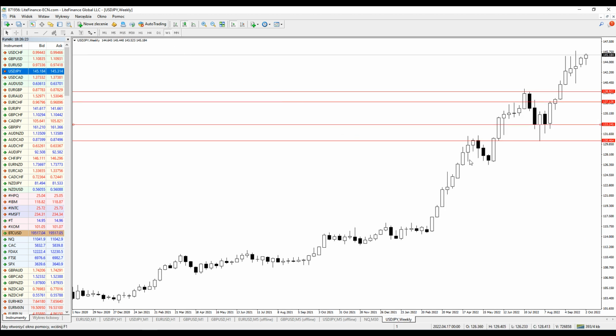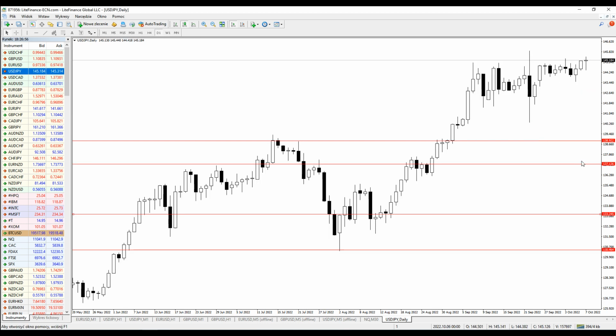From the weekly chart perspective, as you can see, some upper shadows are being built. So in case of a pullback, I do expect the same size as we've seen here. So that's the zone from the monthly chart, 137, 139 over here. That's the name of the game when it comes to the buyers. I can't see any kind of change in trend as of now when it comes to dollar yen. So the pullbacks are going to be used as a buying opportunity.